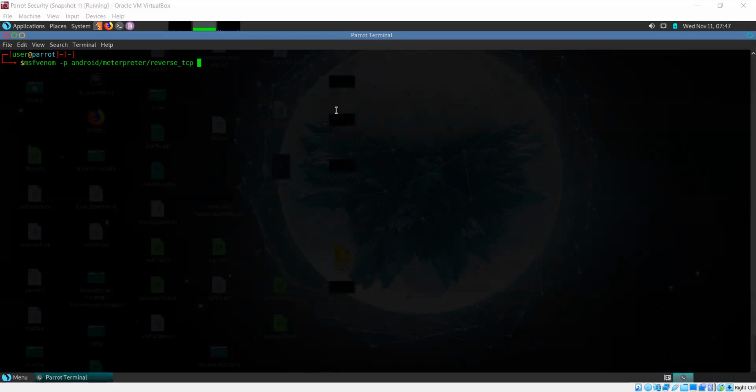And after this, there are a few things that I need to specify. So since this is a reverse shell, can anyone tell me what I need to specify here?